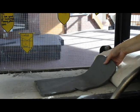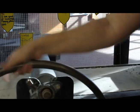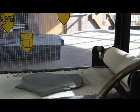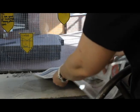If I want the slab to be more square, I'm going to fold this over and roll it again. And it's a little bit more square. Now, if you find that this wet area here is really big, you're going to need to lay down some newspaper. So over here on the side, there is newspaper, and if you're worried about your clay sticking, or you find that it is sticking, then